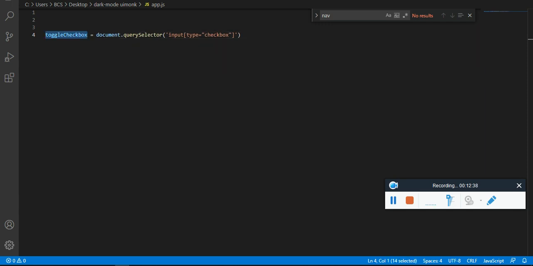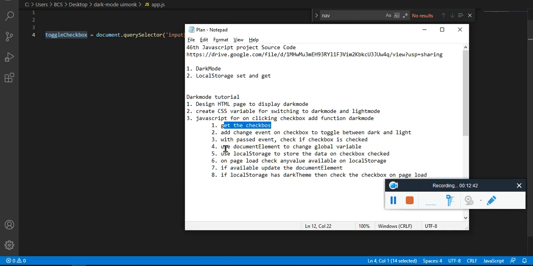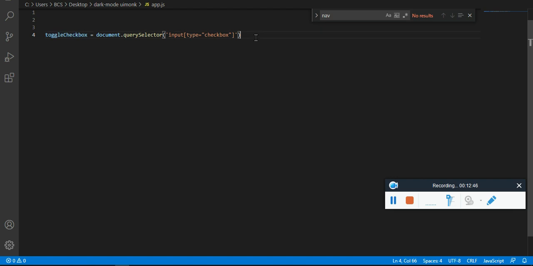So we have got the checkbox. The next thing we need to do is add a change event on the checkbox. So get the checkbox and add an event listener, change.